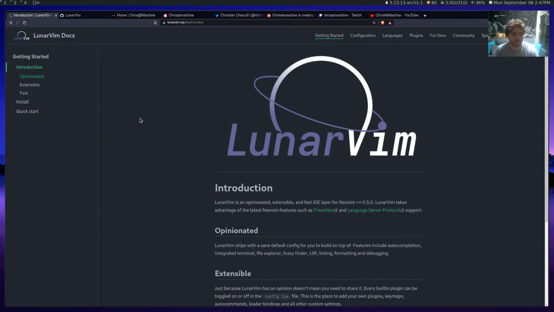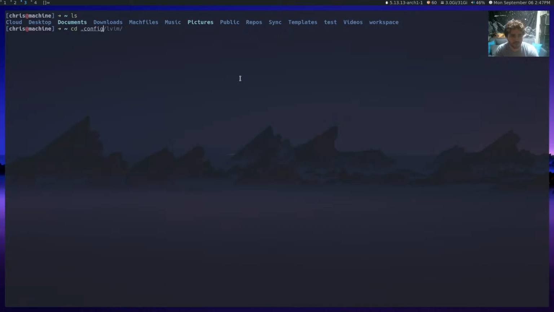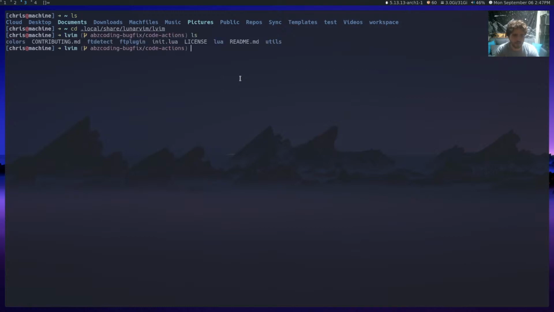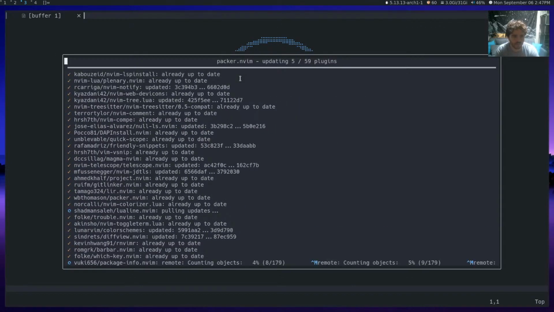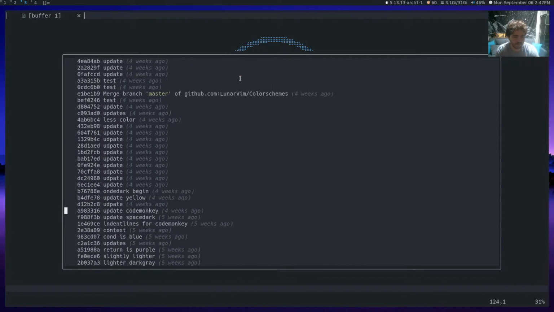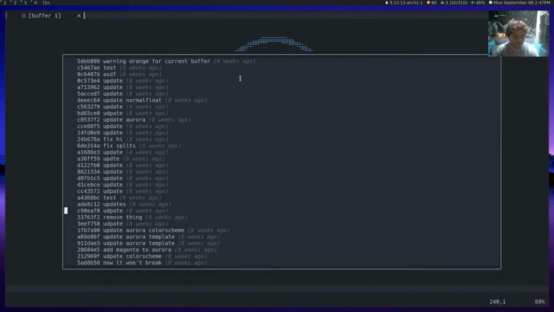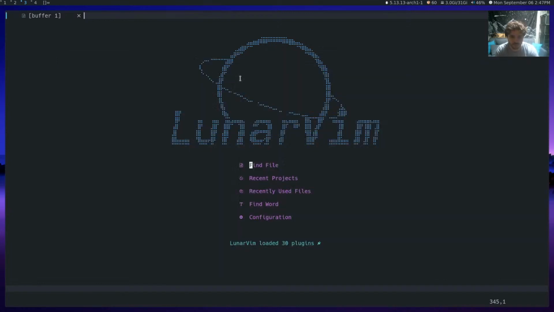So let's just open up and update LunarVim to the most recent version. LVim, git checkout master, git pull. All right, I'm pretty sure there is an update for toggle term or something like that. Lots of updates. Whew. That's all just me doing color scheme stuff. And yeah, I had a pretty old version of everything here.